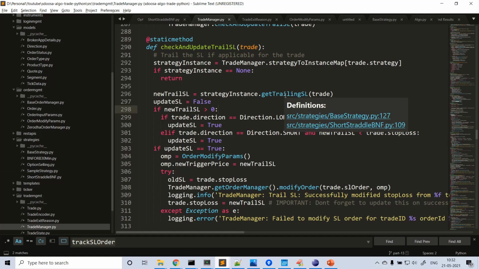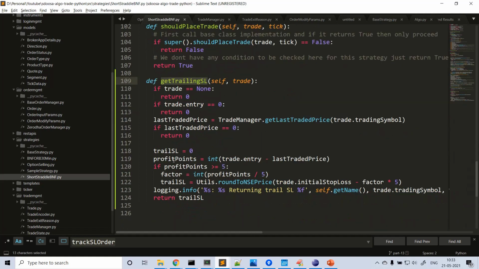When you call this get trail SL method, the base class method will be called, that returns 0, ideally. So the trail SL is not applicable for those strategies. Wherever it is applicable, the derived strategy's overridden functionality will be called, and you will get some value here.